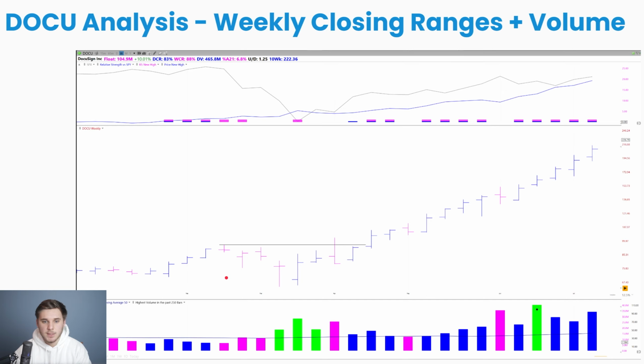The first interesting thing to note here is the strong closing ranges on this week and this week, while the SPX is completely falling apart. And this to me indicates institutional support, and a closing range of greater than 40% during a correction is a sign of institutional accumulation. And this accumulation means there's less supply available to the market, which means when the overall market turns around and people become interested in the stock once again, it can really take off as it did